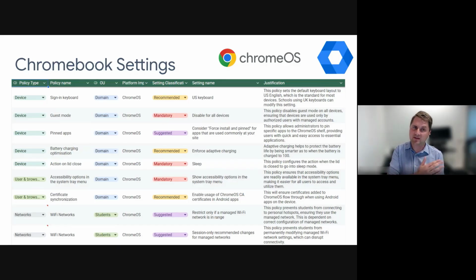So remembering how I said you can manage those Wi-Fi networks back in that devices page. If you have your networks configured through there, what you can actually do is say, hey, if there is a managed network available, you're not allowed to connect to any other networks. Now, as I've pointed out in the justification here, this would actually restrict students from connecting to their personal hotspots on their mobile devices. So this is one that we're suggesting you look at if you have